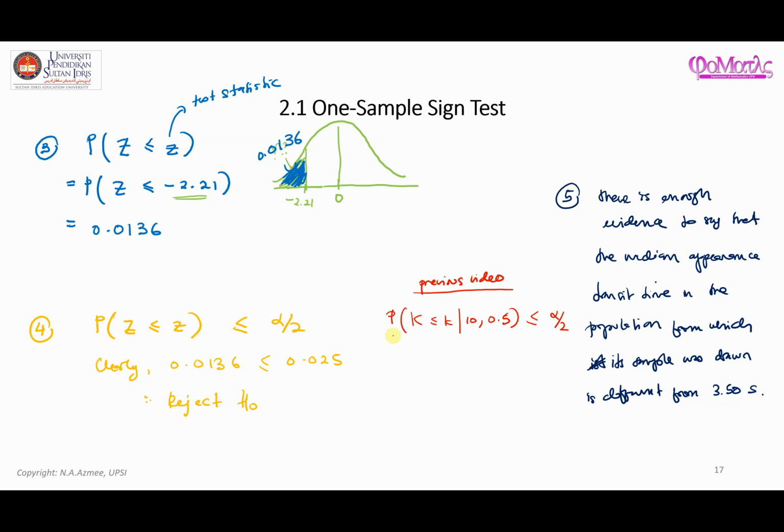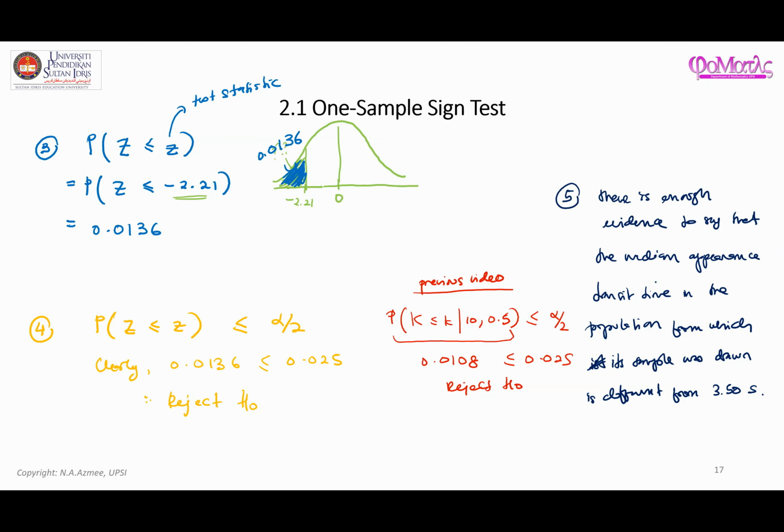Remember that we got this value equal to about 0.0108, and this is less than 0.025, and so you reject H null. So that is just to give some sort of perspective on what we did before and how that was different to what we are doing here right now. Okay,